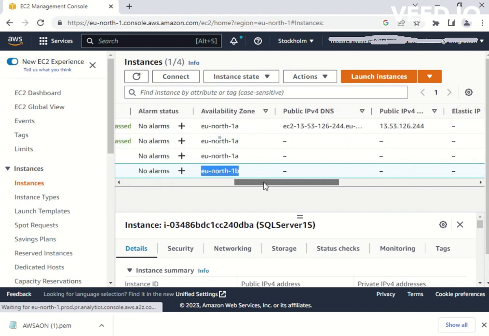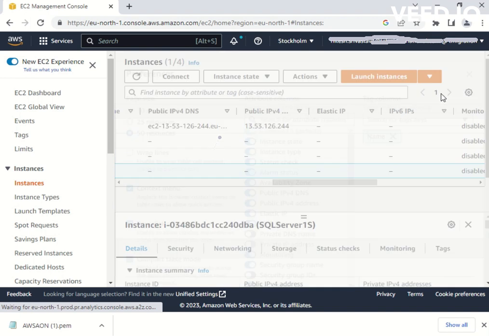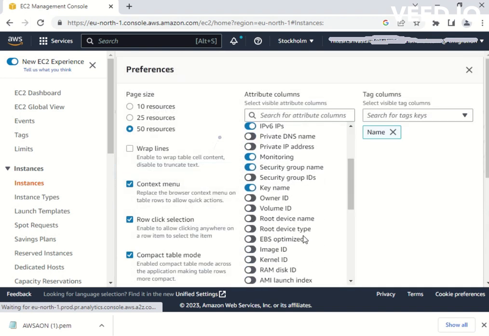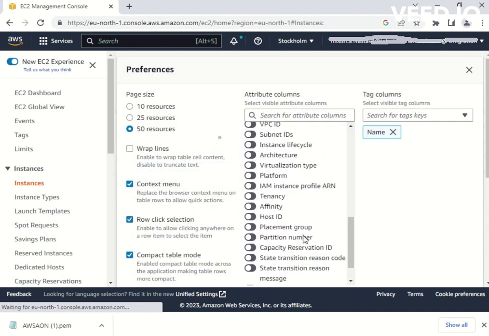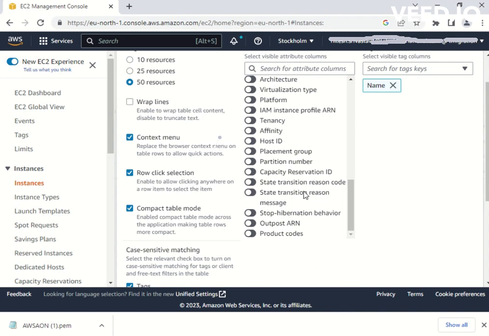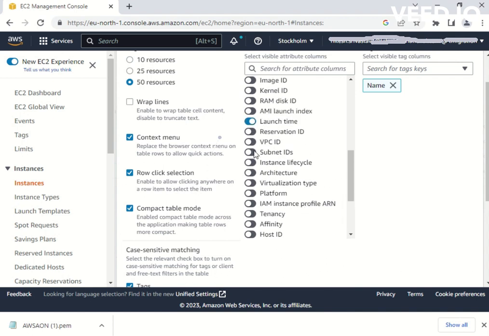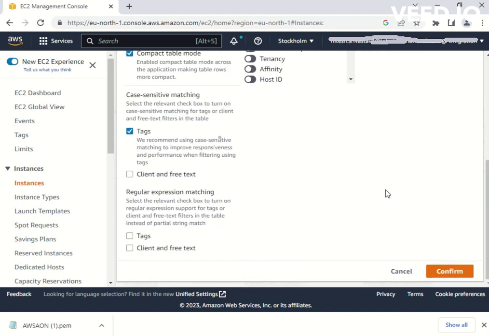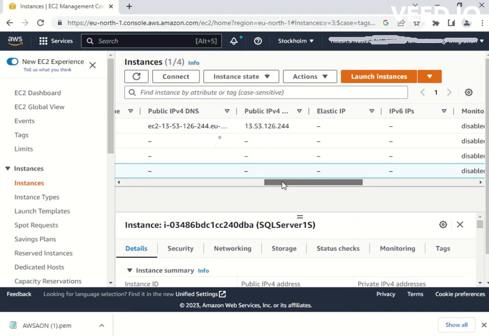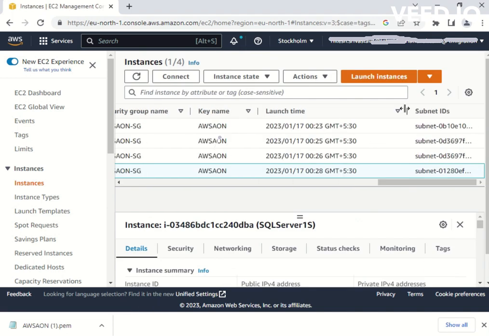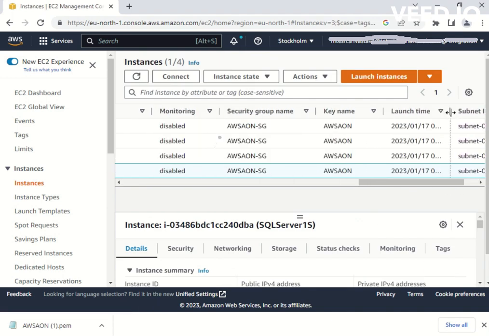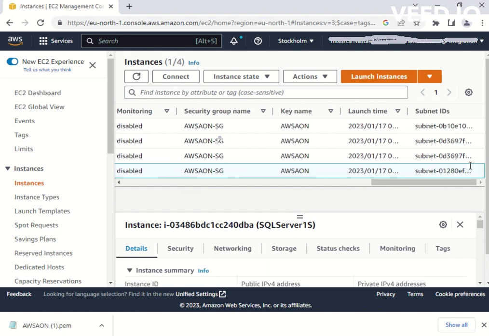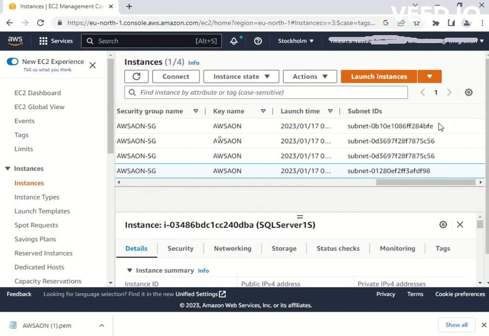I would also like to show you the subnets of these servers. So let me see if we can get the subnet over here. Subnet ID. Confirm. So if we go over here and check the subnet ID, see